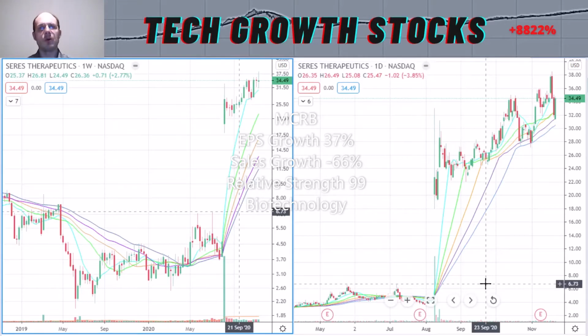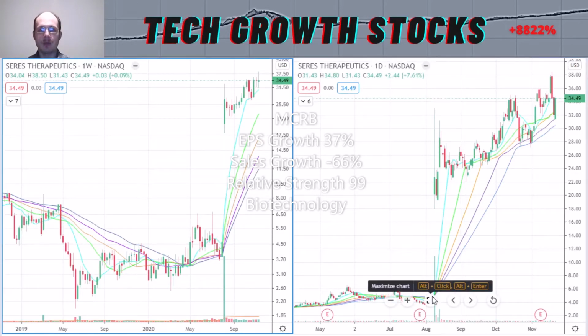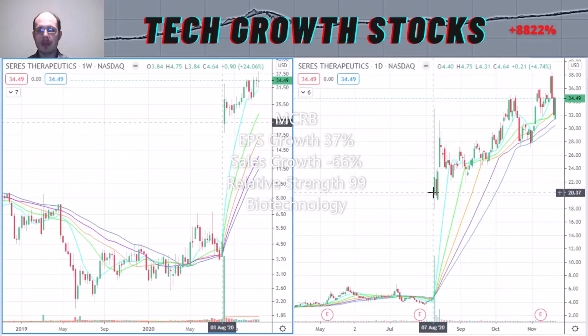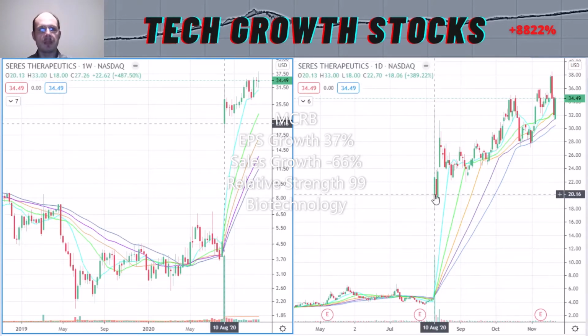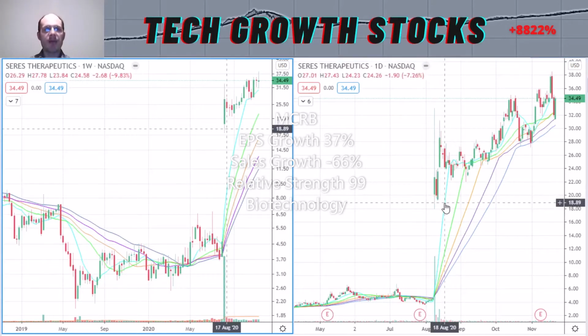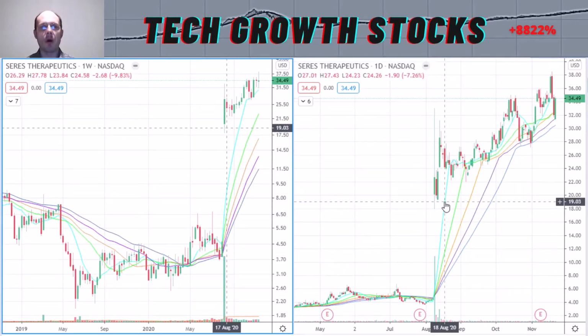This is so strong, and as you can see, it's due to the strong breakout here in August, because the stock was, let's say, around $4, and it broke out on this date with a positive catalyst for Ceres Therapeutics to 20 in one day. So this is so strong, and that's why the relative strength rating is 99, an excellent relative strength rating. So I think it's a top disruptive stock to buy right now. Okay everybody, so this was it for Ceres Therapeutics. Let's have a look at the next top disruptive stock to buy right now, and it is